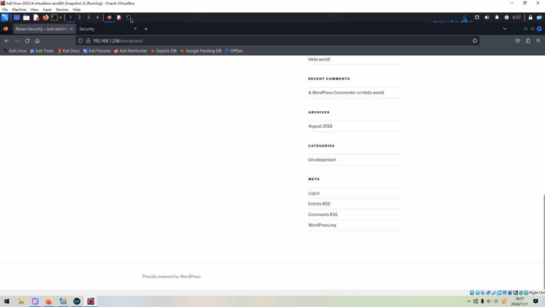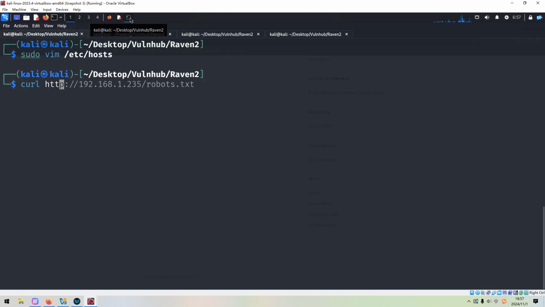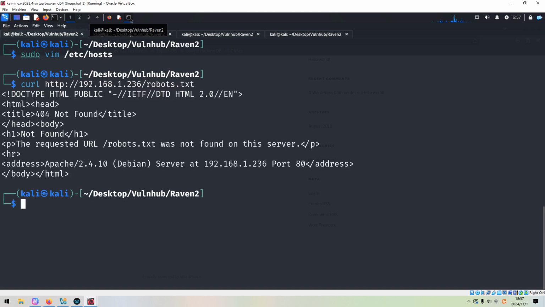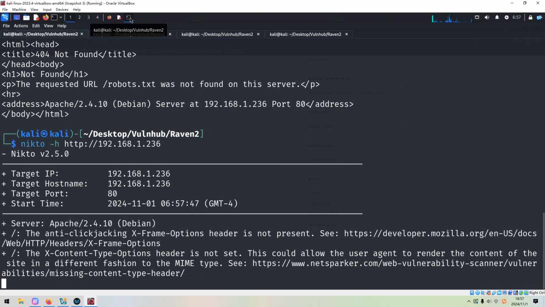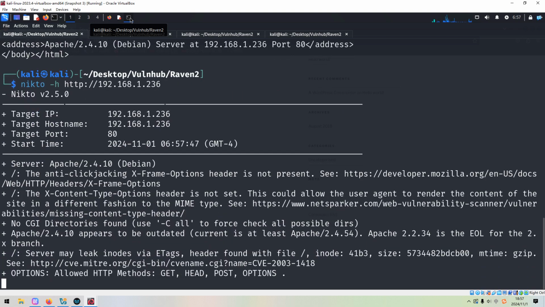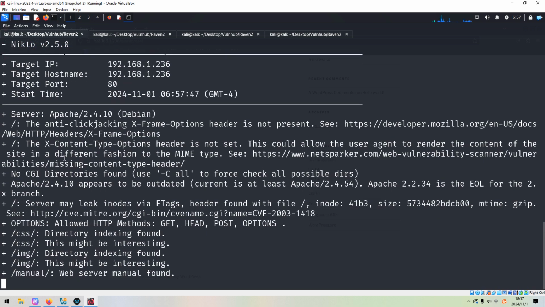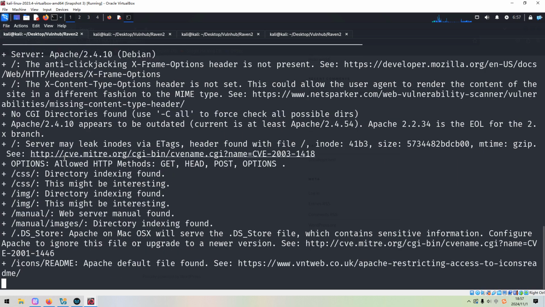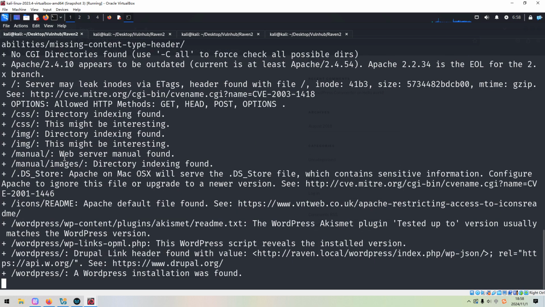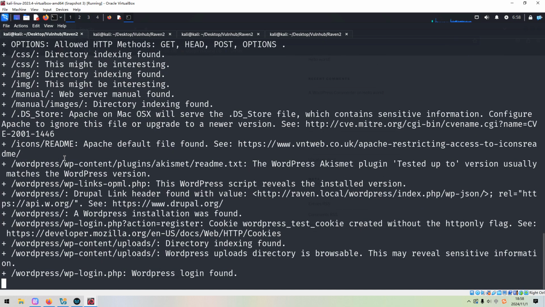So what should we do next? First of all, we need to check whether the site has a robots file or not, but not found. Next, we can launch Nikto to do the automatic enumeration. Nikto can give us information about the web application from different aspects, such as the banner information, the request header information, and also some common files or directories.